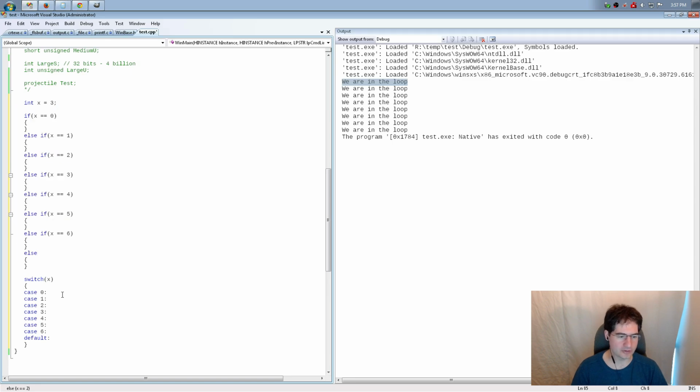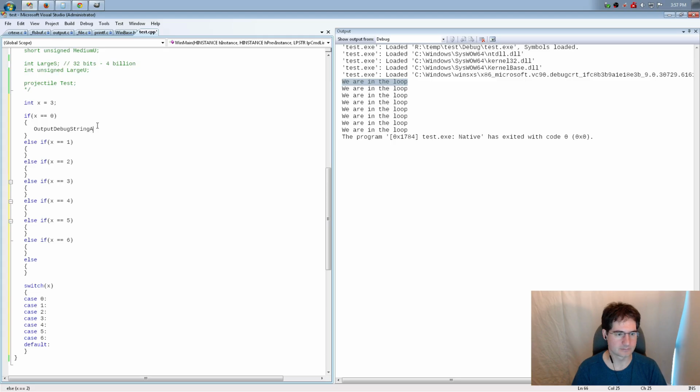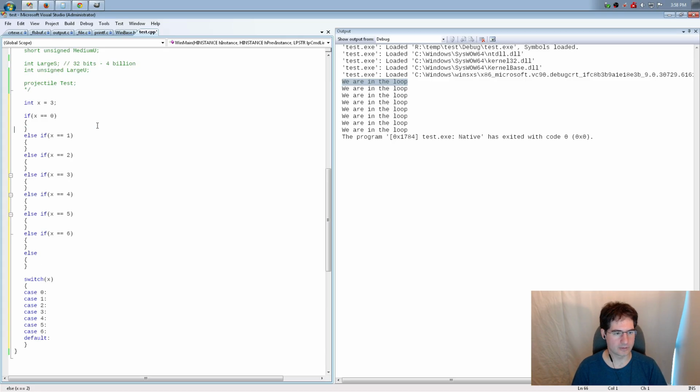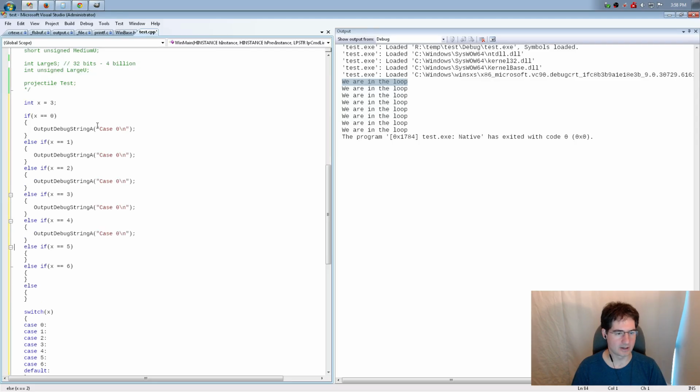But it's important to remember that it only does the jump for you. Only the jump. For example, if the thing I was trying to do was this, I'm going to print out... so I've basically got all the cases here. I've got 6, 5, 4, 3, 2, and 1, and x is equal to 3, so we would expect to do our x equals 3 test.